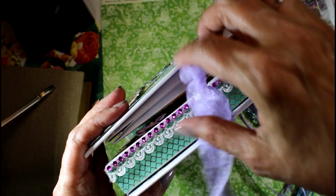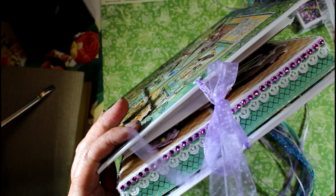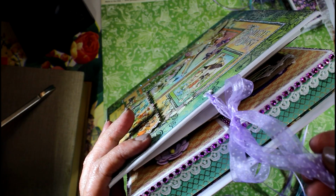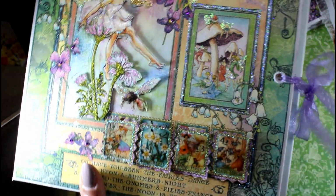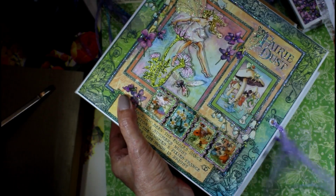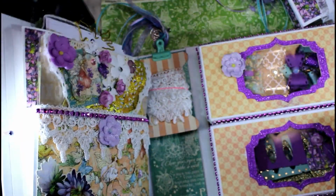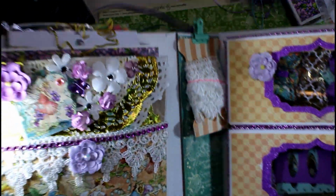So, and then I used a tie from a ribbon that I had received from Lisa Made to Create. When she sent me her winnings, she had it tied up in this beautiful purple ribbon. So I said, oh, that's perfect, I'm going to use it, and set it with a couple of eyelets, and there you have it. So when you open up the ribbon, it does open to a pocket, actually a double pocket, and